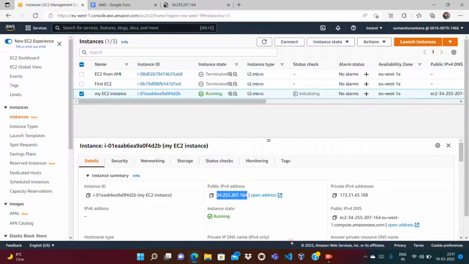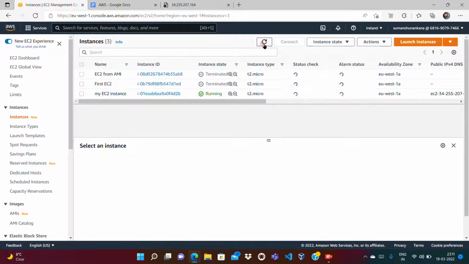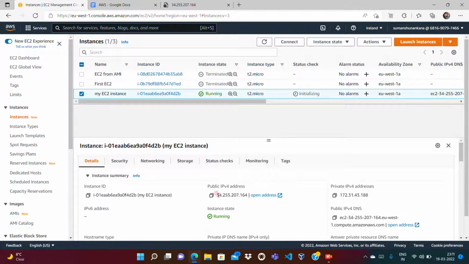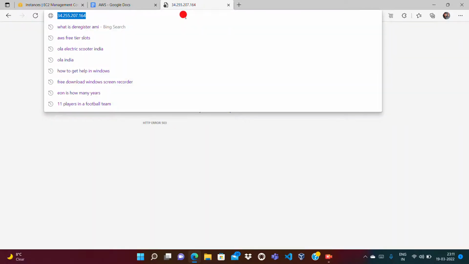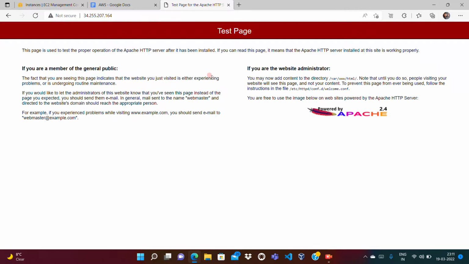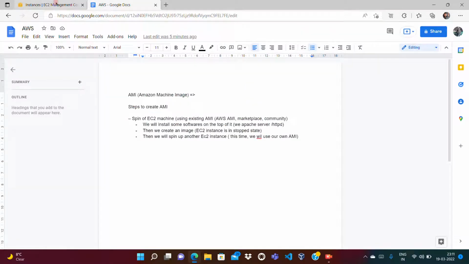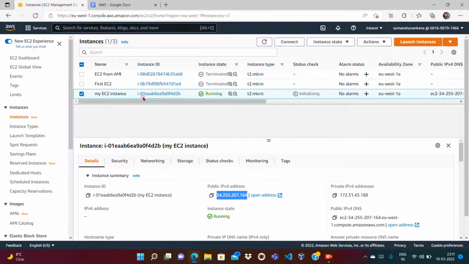What happened? Is it not installed? Okay, it is initializing. It should be up and running if our command is correct. Yeah, so it is up and running, right? So we have seen the default Apache page, and the Apache server is installed and running. So now we have the AWS image, and on top of it we have installed the Apache server. So let's stop that